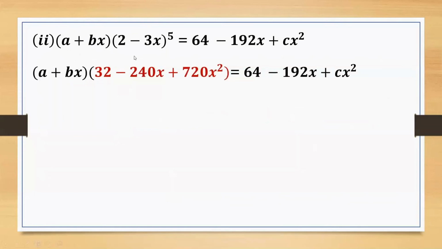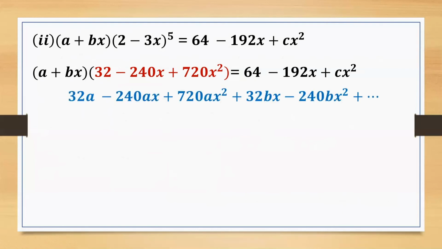Replacing it, we get (a + bx)(32 − 240x + 720x²), which is equal to 64 − 192x + cx². So we need to expand the brackets